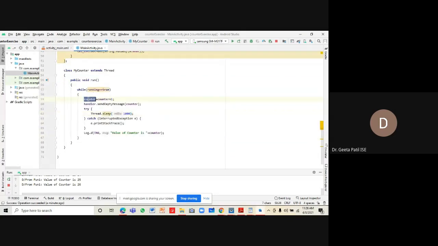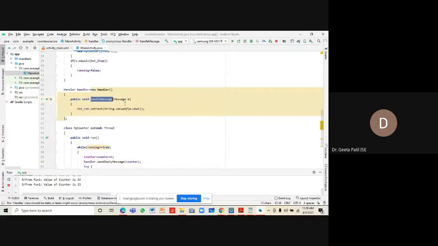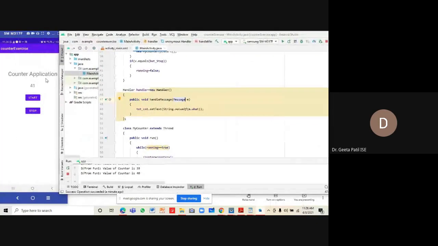In this code, we are just incrementing the value of the counter and putting it in the message queue, and from the message queue, the main thread is taking the value and updating this particular counter. The updation of the label is happening from main, but the updation of the counter itself is happening from my counter thread.